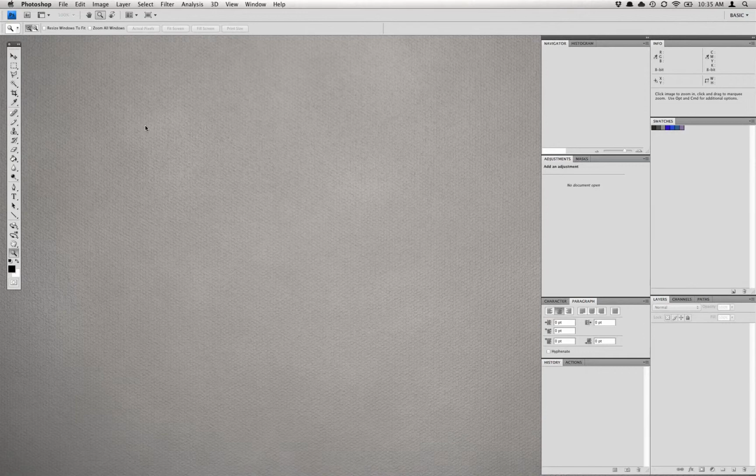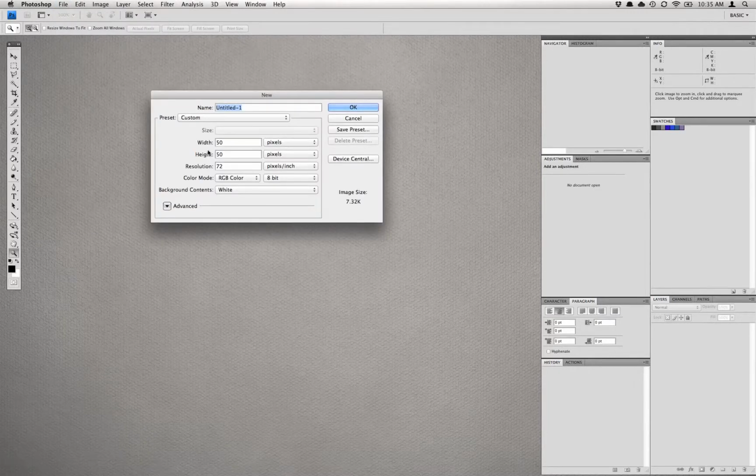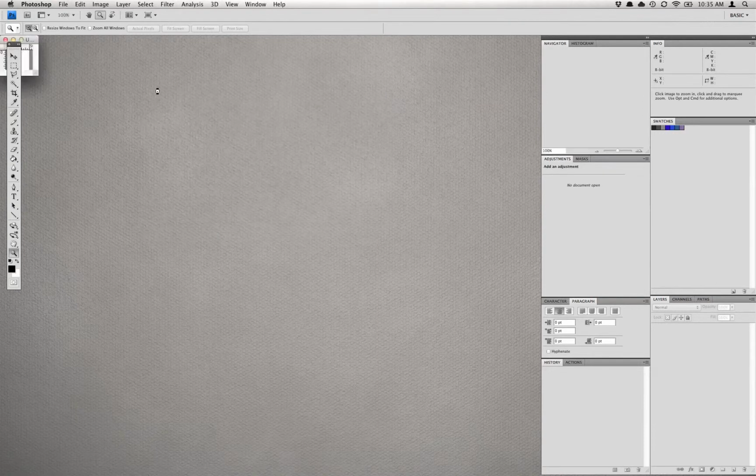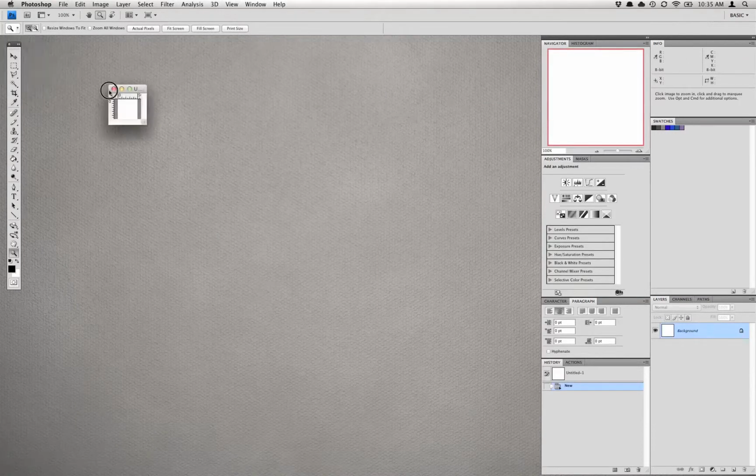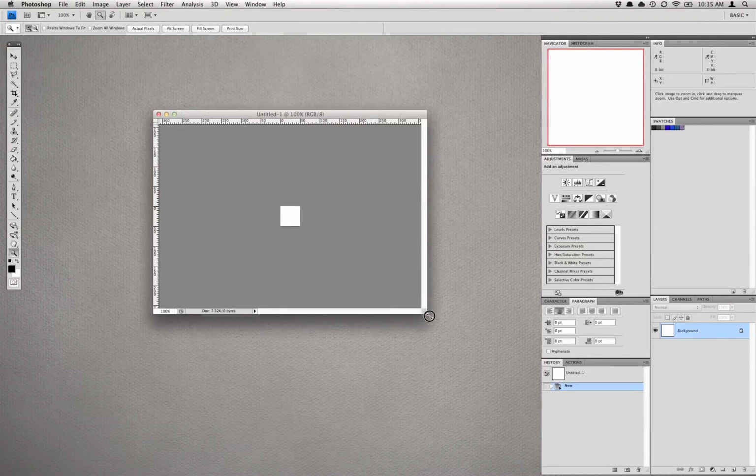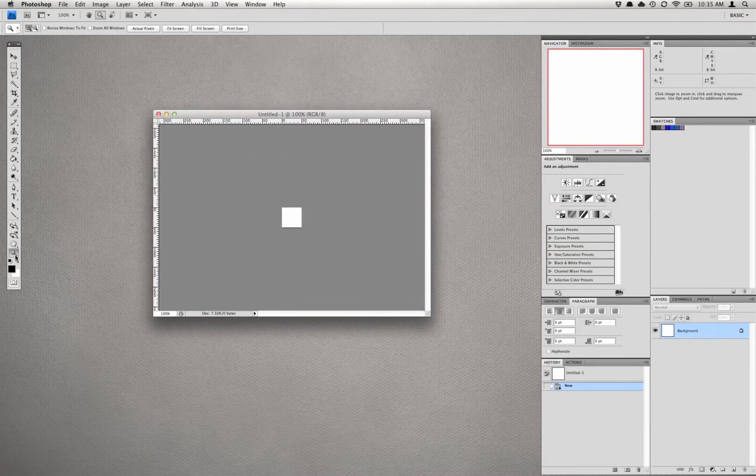So I've already loaded up Photoshop, and the first thing I'm going to do is just your standard grain texture. I started off with a new document, and I did it as a 50 by 50 pixel canvas with a white background, and just go ahead and click OK and get this dragged out. Okay, so you've got just a very simple